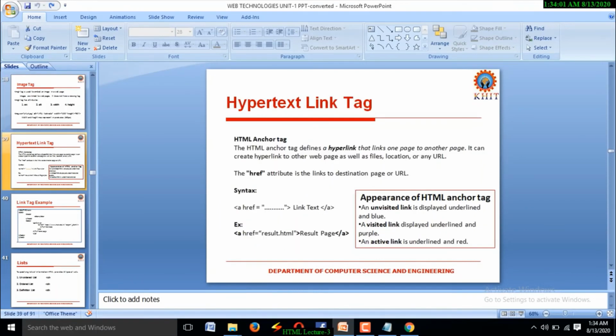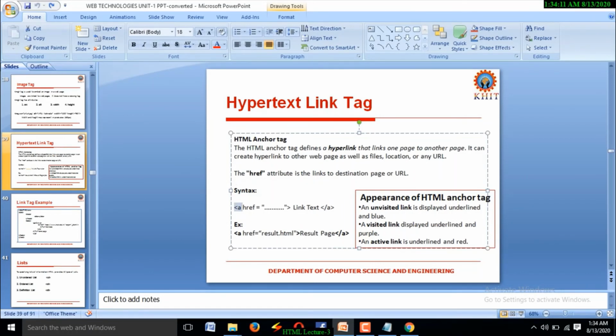Next important tag is hypertext hyperlink. Here the hyperlink is represented by using the A tag. A indicates anchor. Here the A tag is also called the anchor tag. Why are we using anchor tags? To provide the link. Why do we need a link?